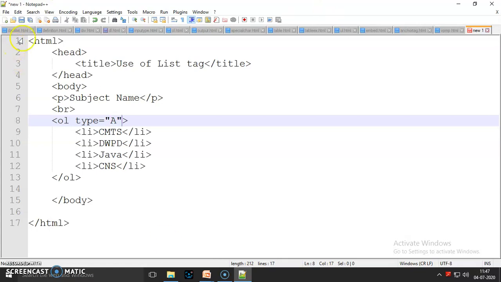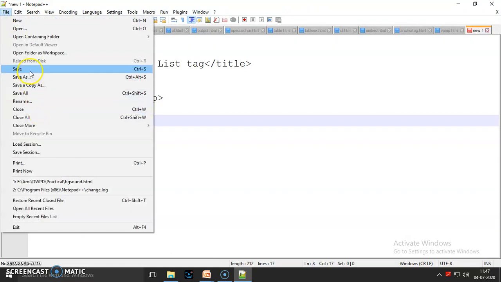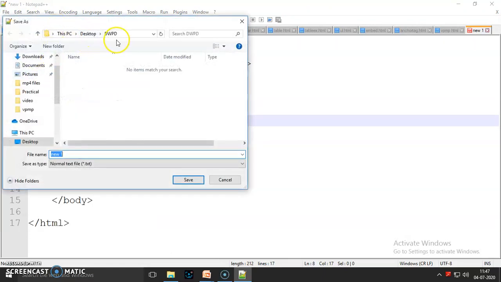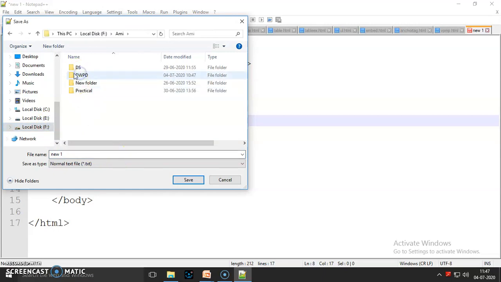Now first of all, save this HTML file. Save. Choose your folder. Here I'll write list.html.